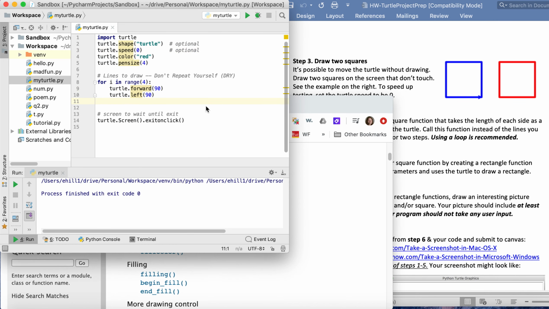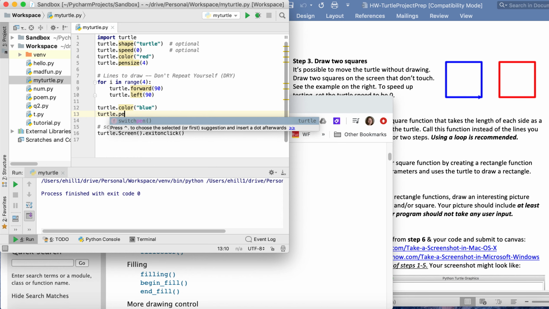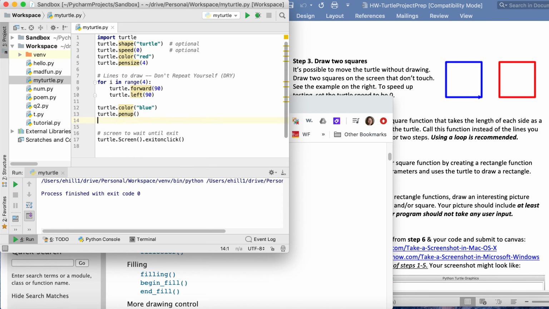So I'm going to draw my square, and I'm going to try and change the color to be blue here. And now I need to move my turtle over so I can draw my other square. So I'm going to say turtle dot pen up, turtle dot forward, let's say 200. The reason why I picked 200, my turtle, when I run it,